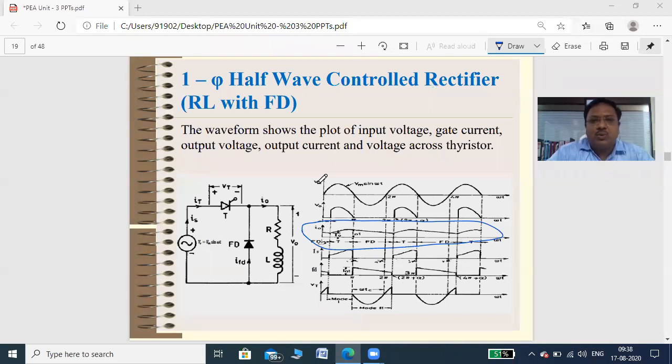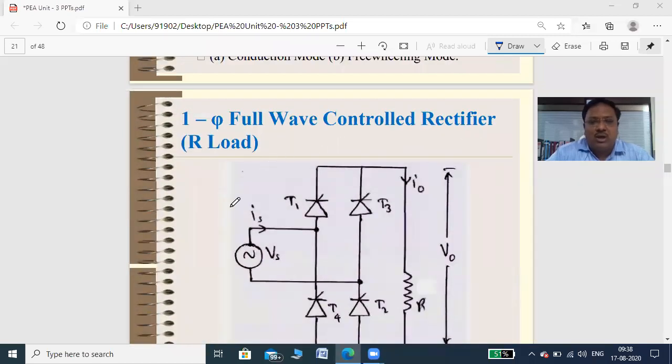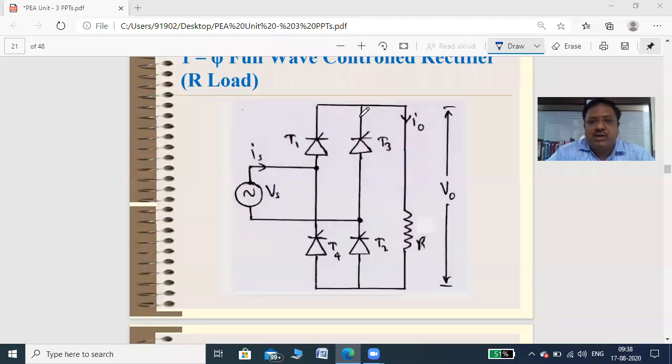Okay. So that we have already seen. Then single phase full wave controlled converter. In this, there are two types of full wave converter. One is called a midpoint converter, another is called a bridge converter. This is a part of the bridge converter. The midpoint converter is not even a part of your syllabus. That's why I have not discussed or explained that converter. So this bridge converter is a part of your syllabus, and so we will have this bridge converter,